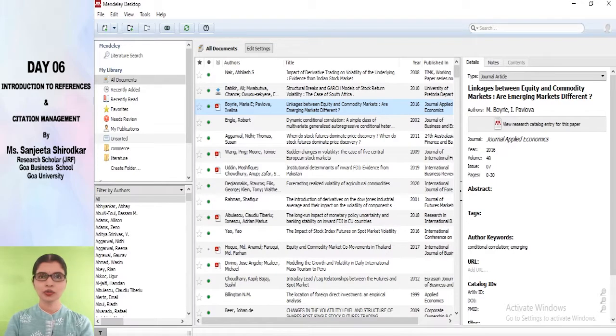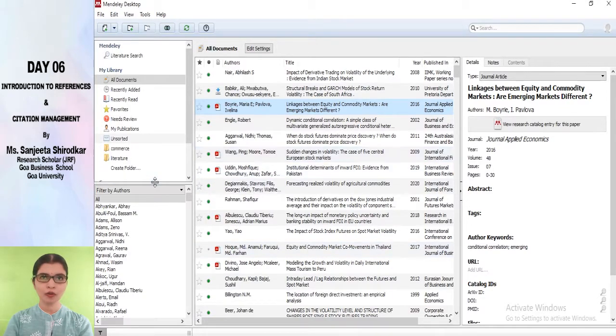Now let me show you, if you are starting with any particular research project, or with a new research paper, it is always advisable that you create a new folder. So how do we create a new folder? Here you are going to see an option called create folder.